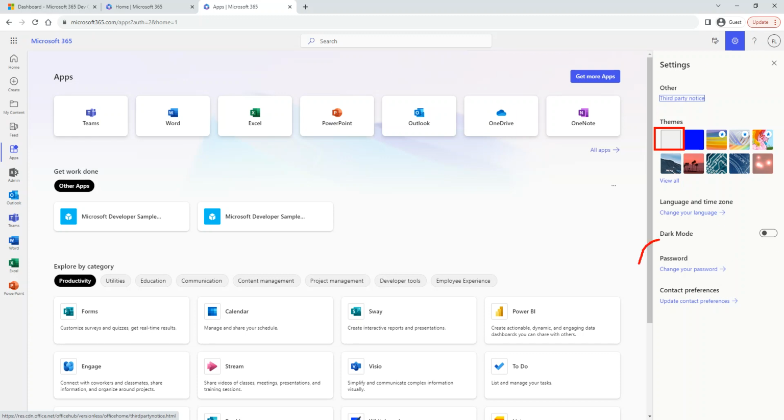If you want to change your password, you can change the password of this user. And this is something everybody can go to, Microsoft365.com apps or office.com, and then navigate to the app section. The settings show, based on where you're at, what things you can make changes to. So here it's not too much. You can change your language preference and your time zone, things like that. And also you can change your password and your contact preferences.